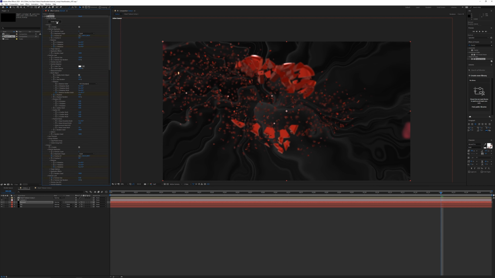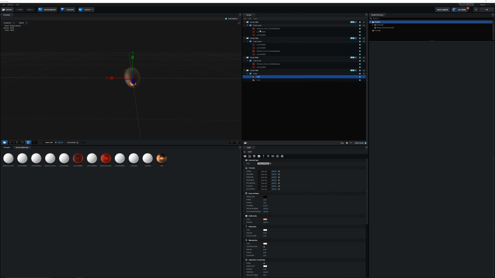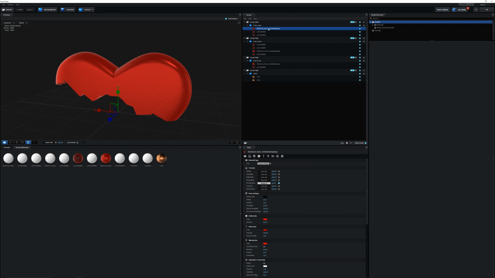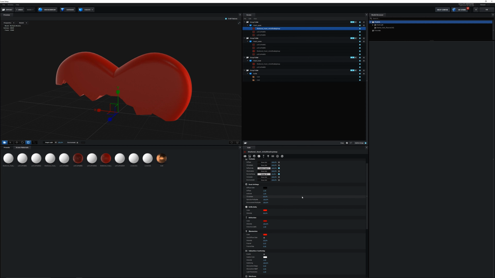Then go inside the scene setup. All right, so we can go to any one of these heart objects. We can just go to the heart upper and then select the shattered heart material. So on the reflectivity, where it says non-set, select that and then click the drop down arrow and select custom layer 1, then click OK. And then we can copy this and then paste it on illumination.